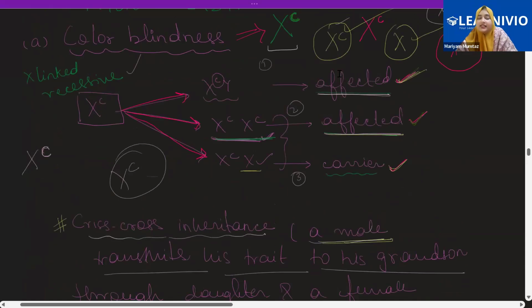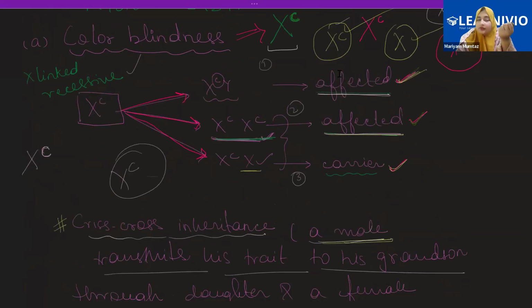The first one is color blindness. Here the X chromosome is the mutated chromosome that carries the alphabet C, referring to color blindness. This is how we are showing it. So how is it happening? When the male has the X chromosome that is mutated, that male will be considered the affected male. On the other hand, the homozygously mutated genes will be affected. But if there's one X that carries the C and the other does not, then that is a